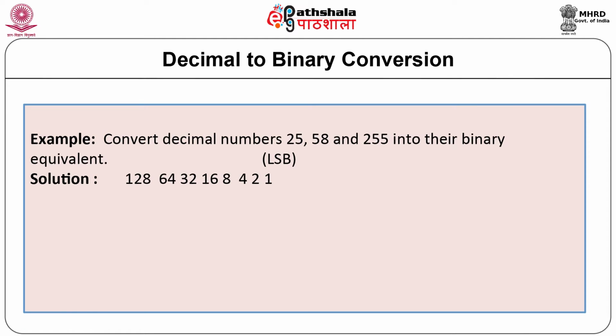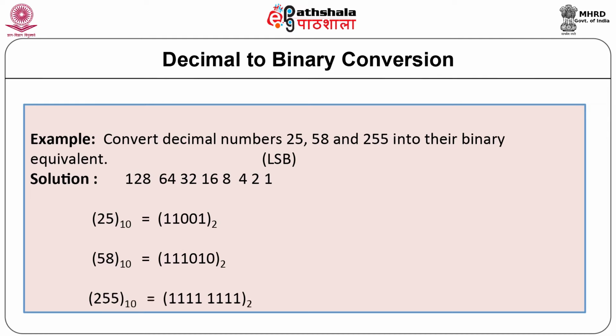Let us convert decimal numbers 25, 58 and 255 to binary. Let us first write the weights in binary for 8 bits starting from LSB. We can write the weights as 1, 2, 4, 8, 16, 32, 64 and 128. Thus we get decimal 25 as 11001. Decimal 58 can be written as 111010. Decimal 255 can be written as